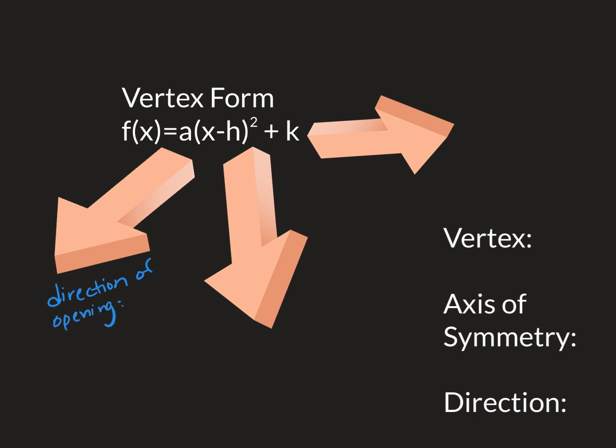We knew that it pointed up if A is greater than 0, which means it's positive, and we knew that it pointed down if A is less than 0, which means it's negative. Then it also tells you the size of your parabola. It is more narrow than the parent function,